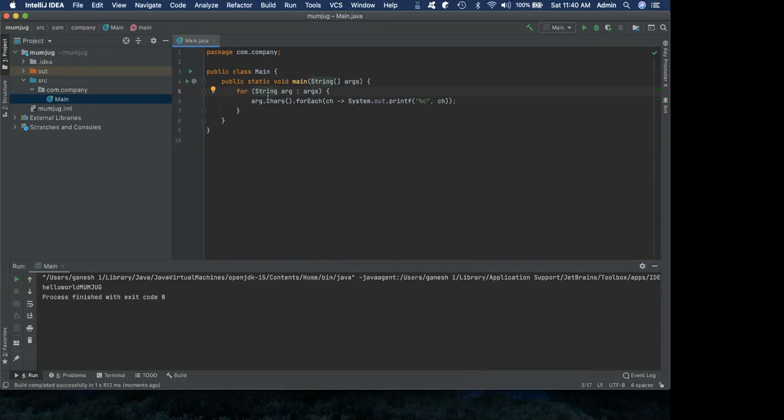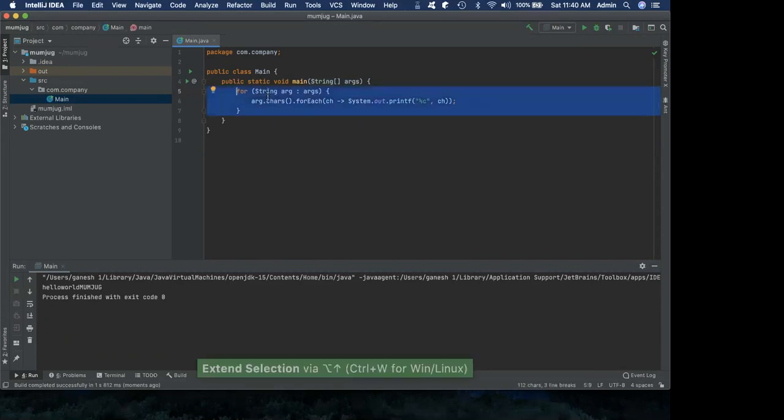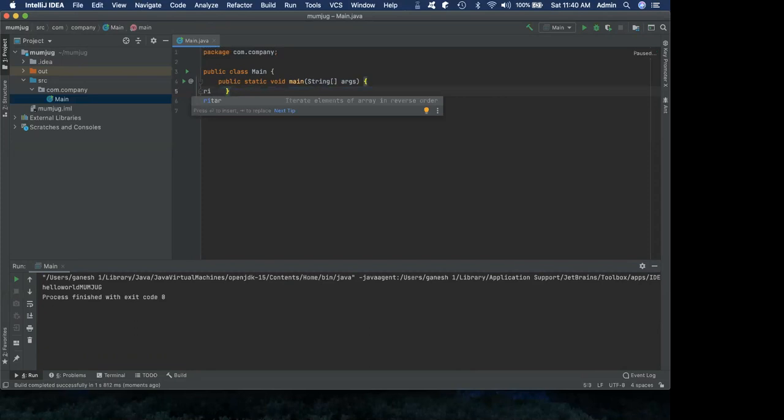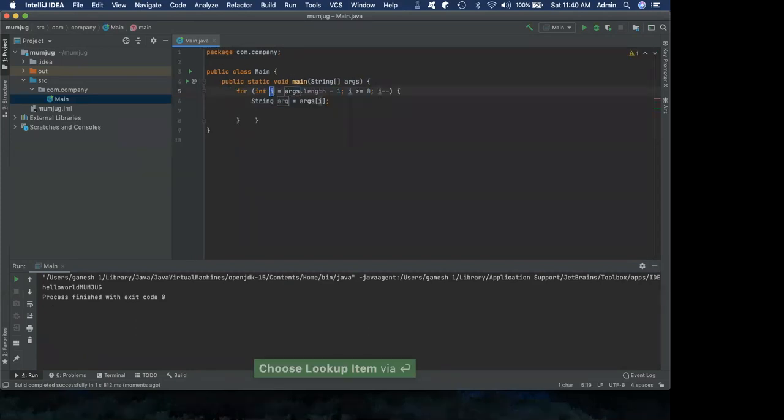If you are not already aware of it, there are many other templates that you can try out. For example, let's say I want to iterate in a reverse order. So I can say ritar, right? Okay, I got my formatting screwed up, but no problem because I already know my shortcut to reformat the code. But okay, it's in the control. That's why it's not able to do that.